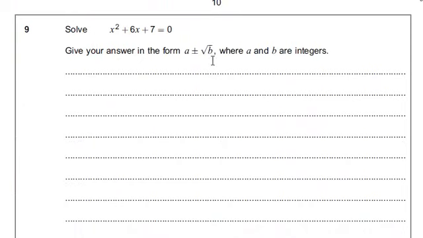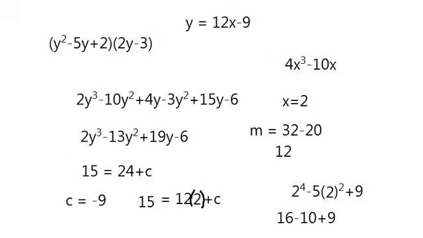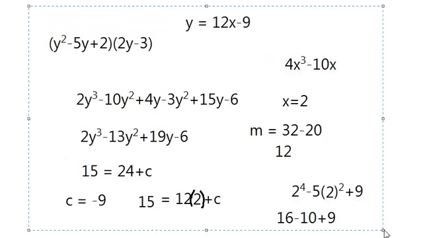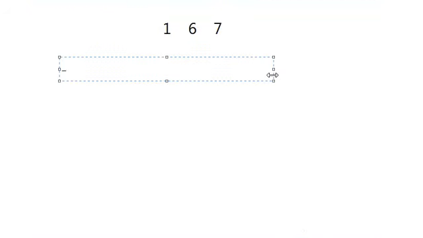So if it told you to use this kind of format, then it's probably a thing that you need quadratic equation for. So let's do that. So now we know that a is 1 because it's 1x squared, b is 6 because 6x, and c is 7. So that's convenient. 167. Okay. 167. Just so I don't forget it. 167. There we go. So what we do is minus b, then root